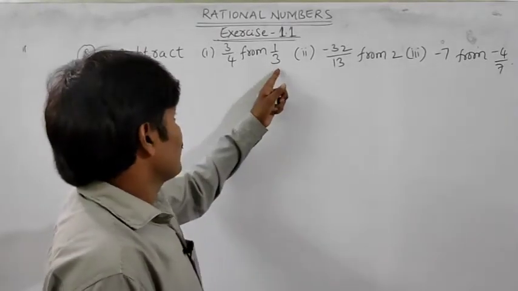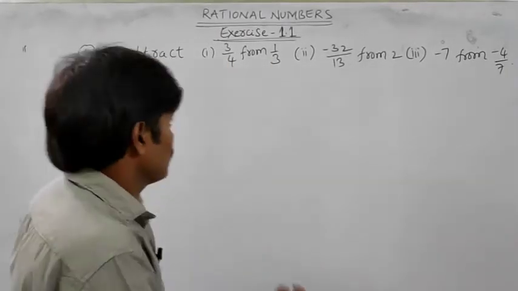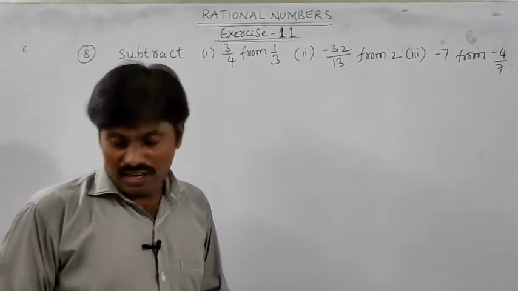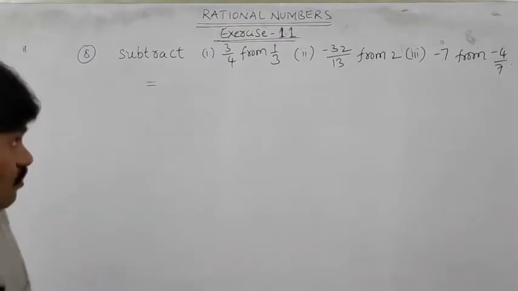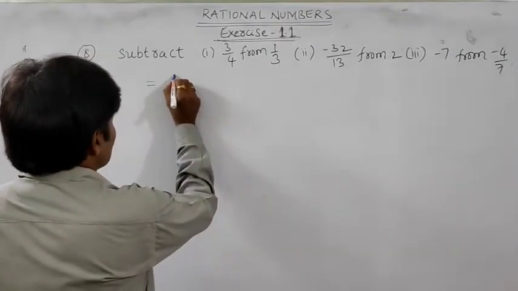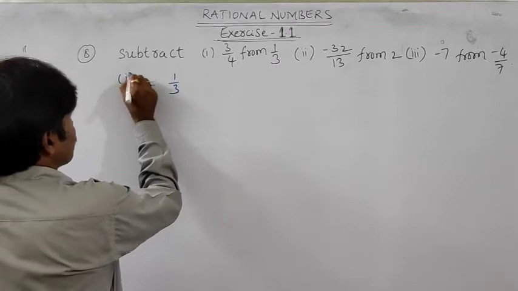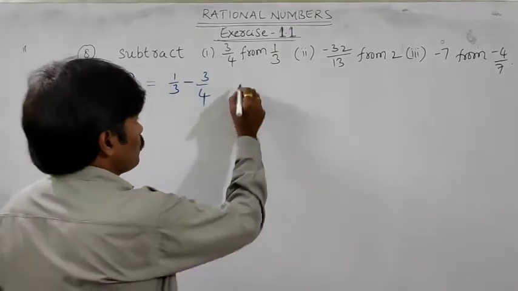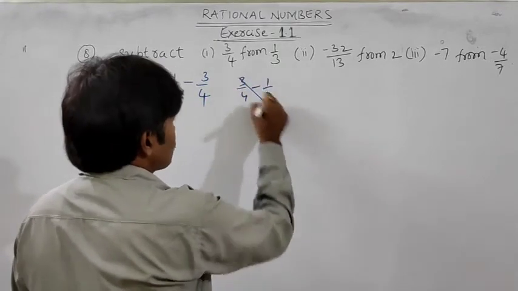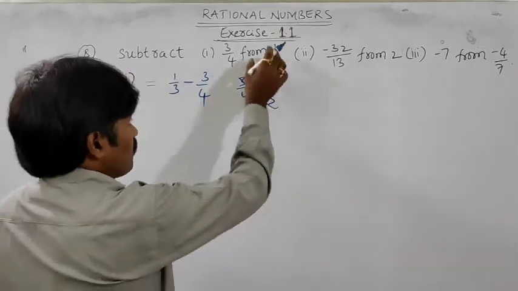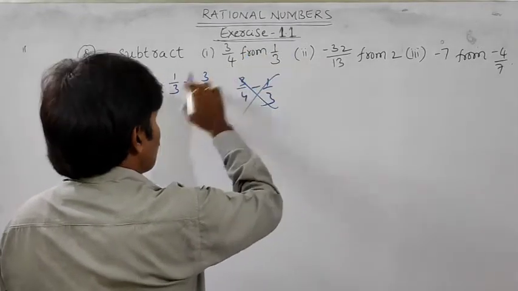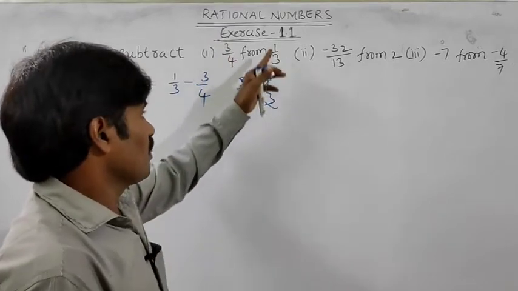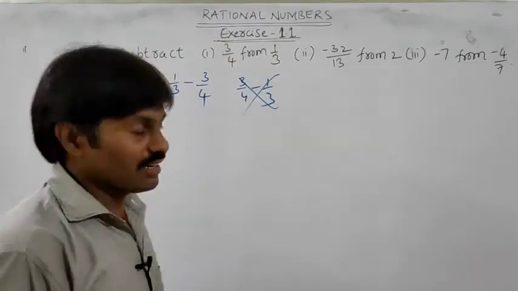అంటే 1 by 3 నుండి 3 by 4 ని సబ్ట్రాక్ట్ చేయాలి. కాబట్టి ముందు ఏం రాయాలి? First what we have to write? We have to write 1 by 3 first. Okay. So 1 by 3, I am going to solve first, minus 3 by 4. Many of you do it like this, 3 by 4 minus 1 by 3 simply. So it is a wrong concept. From what is here, we have to write minus 3 by 4. Subtract 3 by 4 from 1 by 3. 1 by 3 నుండి 3 by 4 ని subtract చేయాలి.